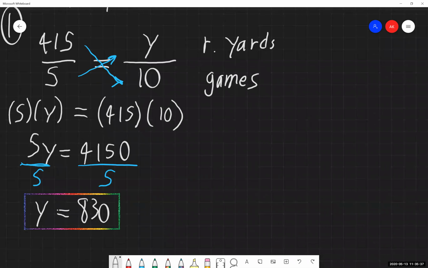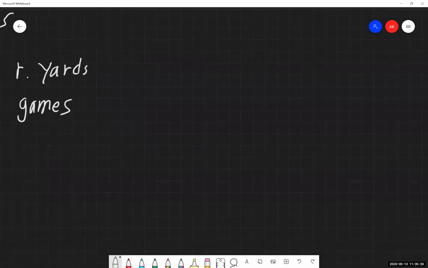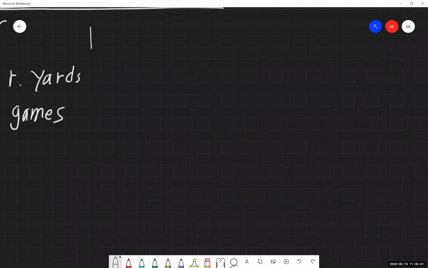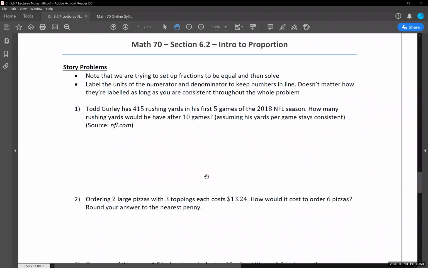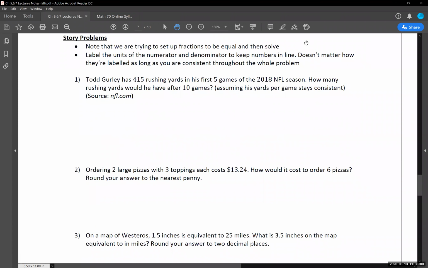And that process that we went through to set this thing up for ourselves is pretty much what we're going to be doing with all of the rest of these story problems that we have. Just doing a lot of that initial setup work for ourselves and then working on it from there. So I'm going to jump us back to our problems that we had, so which one we're referencing. So looking at problem 2.